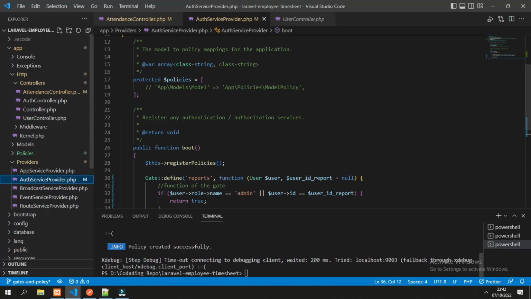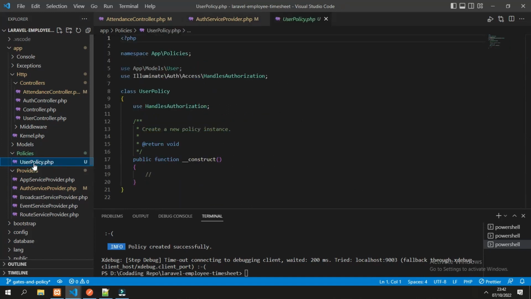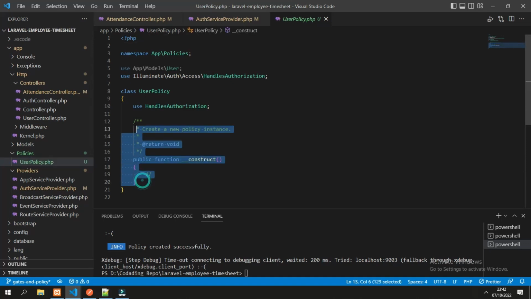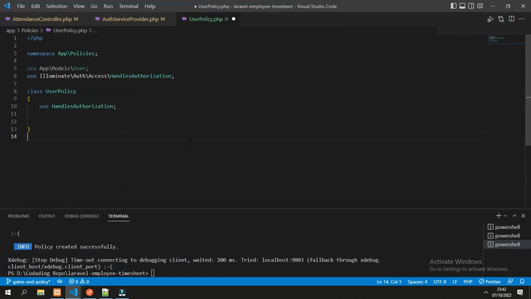It will create a folder here under HTTP, and we can delete the default first and write the policy based on the functions from the user controller.